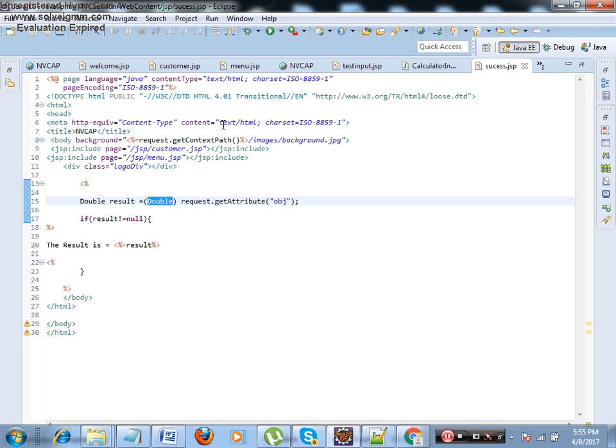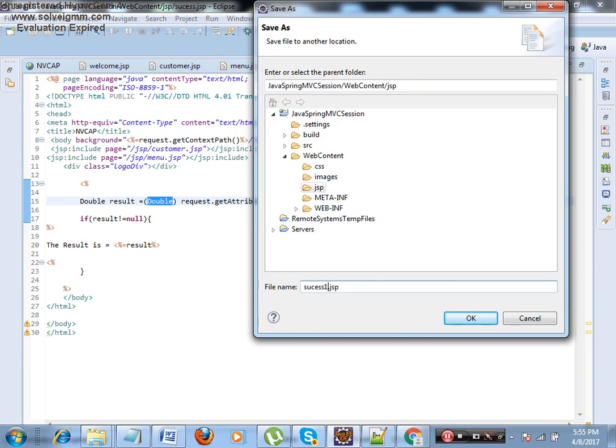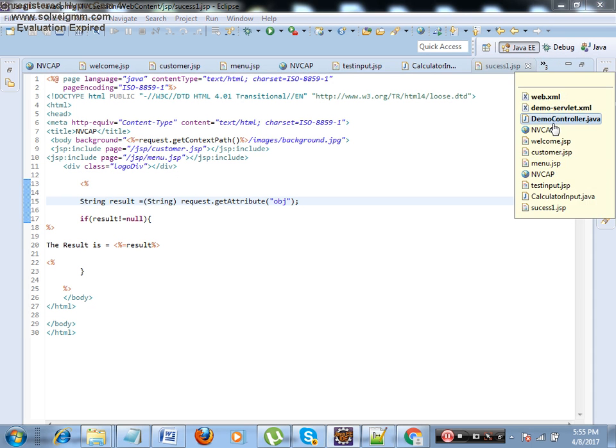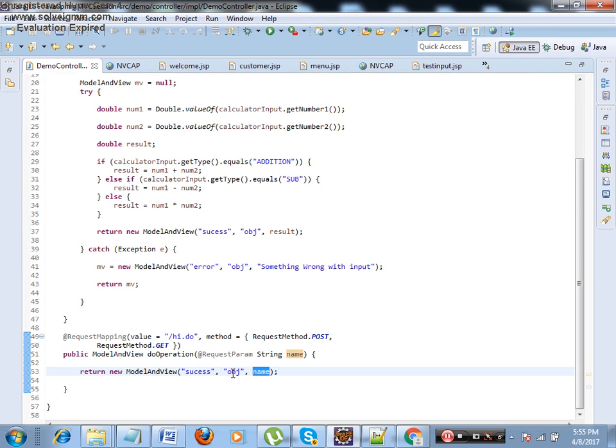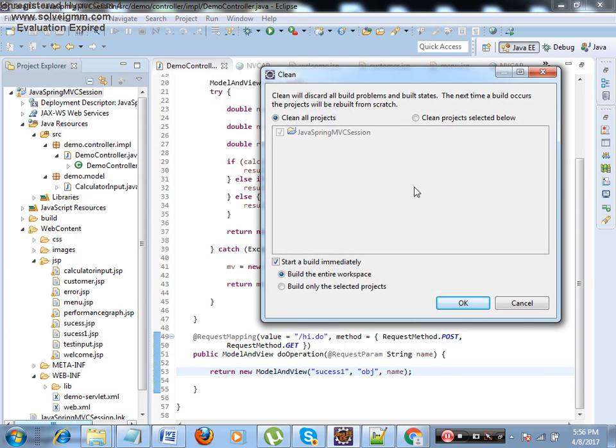Let me make this, because I created it just now for a single input to make it easy for you to understand. Let me make it success1.jsp, and here I'll use this as a string. I'll come to how to read and paint the results on the front end. Don't worry about that. I just want you to understand the two questions: which function will be getting called, and how the data will get bound. Next I will tell you how we send the results to the front end and read it. That is the next part. Now no need to understand the code written inside success1.jsp.